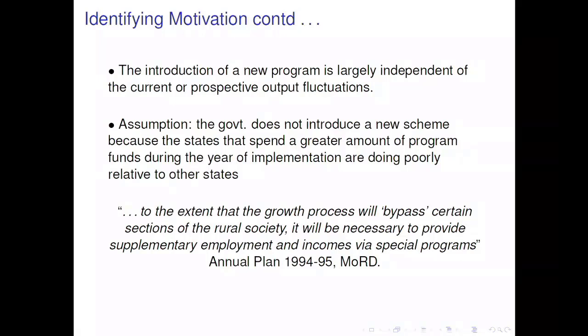So is it that they implement a program in the states, they don't know what it will do, and then they learn it's falling short, and then expenditure becomes endogenous? Pretty much. Also in the sense that when you're first implementing the program, that happened due to reasons that were quite independent of local conditions. And that's essentially what we are exploiting. What happens when that program is well implemented is altogether a different thing, because then you know what you're doing, then you know that there's a drought there or a flood there and you need to do something. But the year in which a new program is implemented, it's basically a bonus. You get more spending.